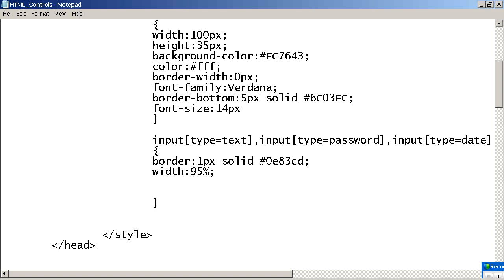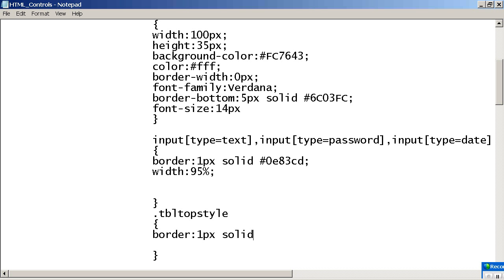So let me go for writing my own style. Dot style, or any name you can give here. So I want to give a border, right. See, earlier, if you give border equal to 1 for a table, automatically the inner tables also will take the border, right? But here, how to give a border? 1 pixel or 2 pixels, solid or dash.